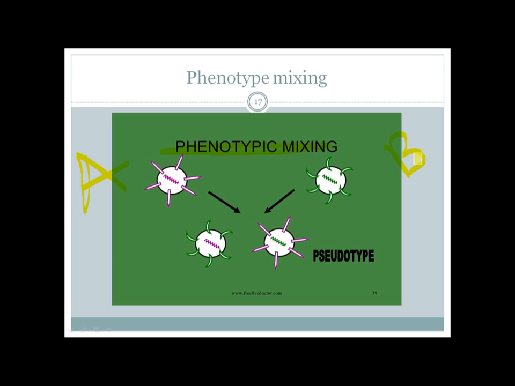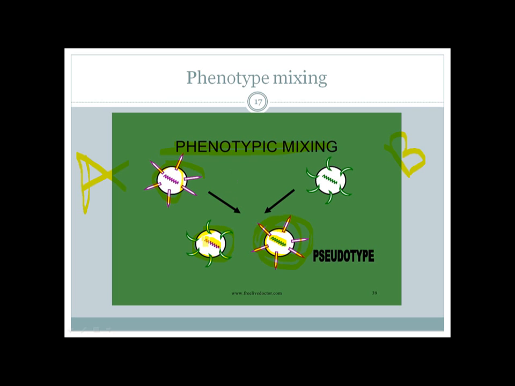So there can be some defects where the surface coat or the capsid of B virus or the envelope of B virus can end up with the genetic material of the A virus and vice versa. So here you can see the genetic material of the B virus covered with the surface proteins, or the serotype markers, or capsid of the A virus. So there is a mixture of phenotype, but the genotype is the same. You do not have any mixture of the genotype.